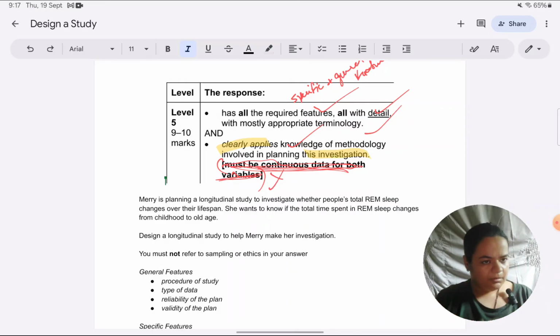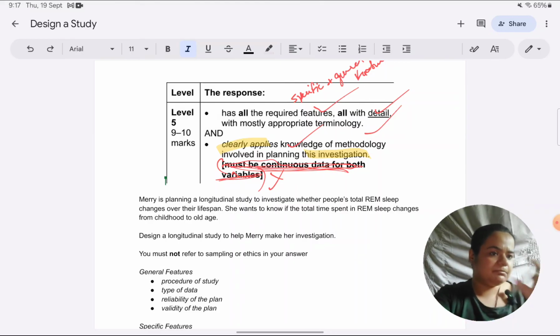Okay. You can also check out, I will leave it for you as self-study, what the requirements are for the other levels, 4, 3, 2, 1, and how you can drop down to those levels. You should be aware of that also, so that you can check on your own in any mark scheme, even the specimen mark scheme which is available to you. You can just check how your answers can drop down. So you will see things like if you've not covered all the features, or if you have not used appropriate terminology, or if you've not been relevant to the question, that is when your answer drops down.